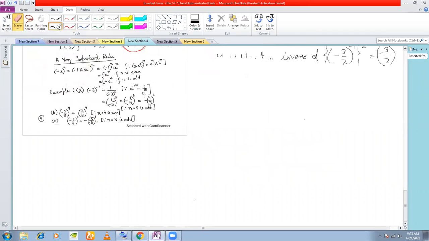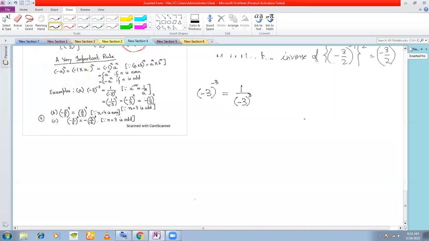Let us say I have minus 3 to the power of minus 3. Now see, there's a negative power. In the case of a negative power, it will not work. You first convert this power to a positive power. How will you convert this? You take the reciprocal. Now this power becomes positive, just as the rule that I told you earlier.